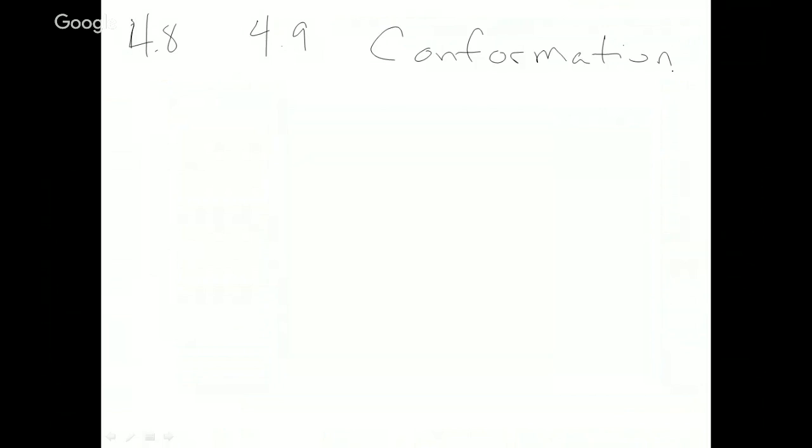So 4.9 starts us off with ethane. We're going to take the simplest molecule, aside from methane, the simplest molecule with a carbon-carbon bond. Methane doesn't have one. So ethane can rotate about the carbon-carbon bond. That's the most important beginning concept that you just need to see, is that rotation around or about, sometimes people say rotation about the CC bond, the CC sigma bond, we call these sigma bonds,